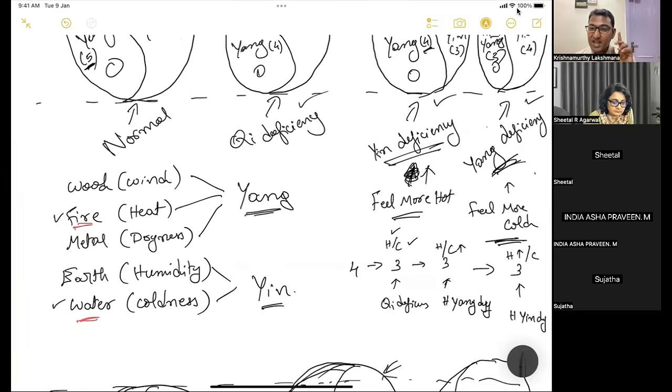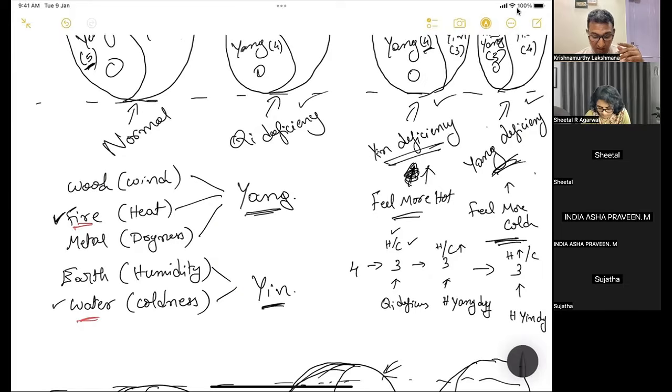So either we say yang is deficient or yin is deficient or qi is deficient when something is less. But when something is more, what do we say? We don't tell it in terms of yang and yin, but we go to the specific element or the energy which is more. We say fire is more,